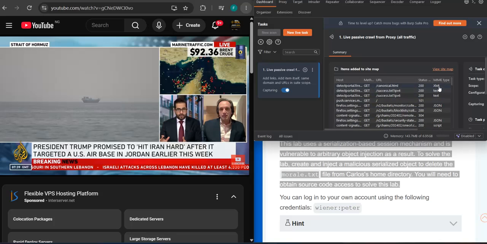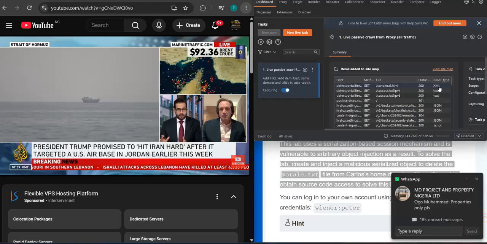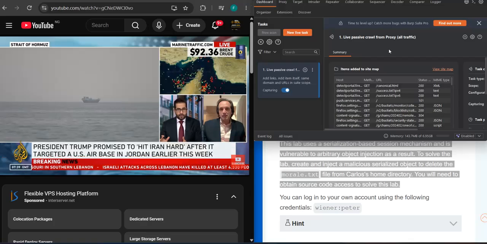When I see this XML, it was like, wow, XML has a vulnerability that we know as XML injection, where you craft a malicious payload and inject it into the web application, and you get remote code execution. So now this is my Burp Suite, and today I have planned to continue working on insecure deserialization